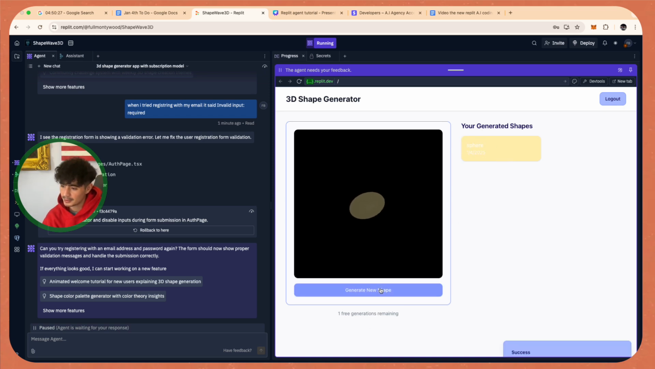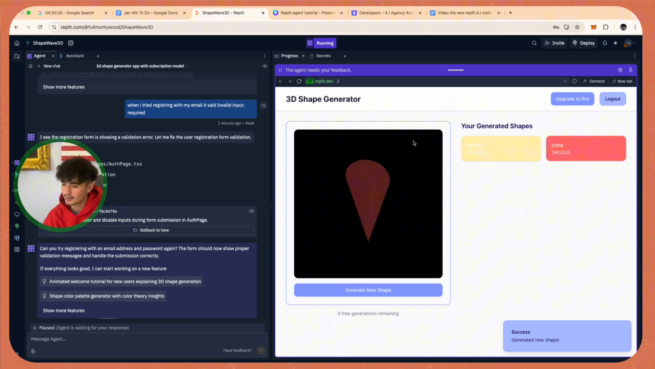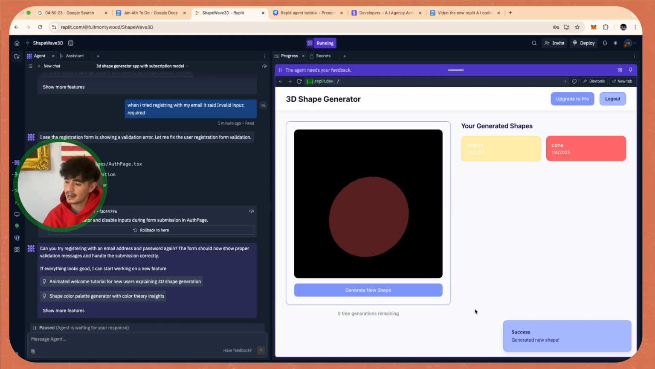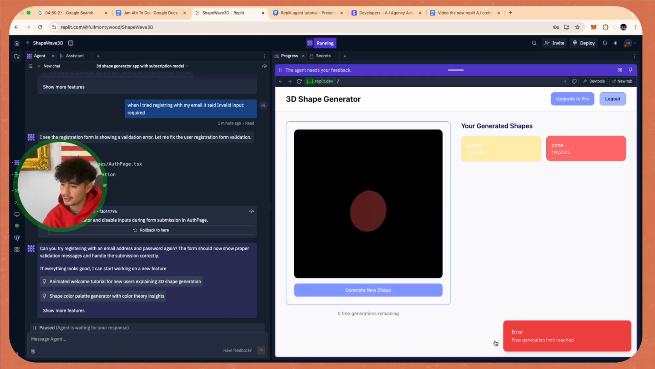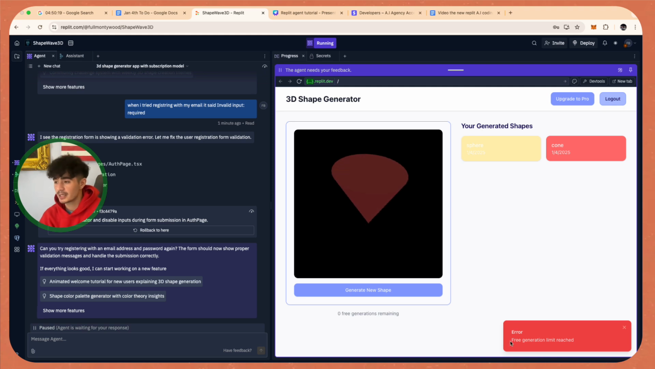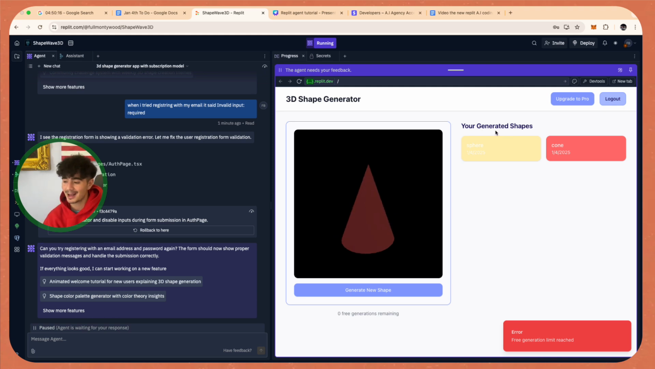We have one more that we can make, so let's see what it creates. We got a cone that looks pretty cool as well. And now if we try one more time, it's going to not work, right? And so we're almost there, guys, but we need to now go back into Stripe and add a couple more